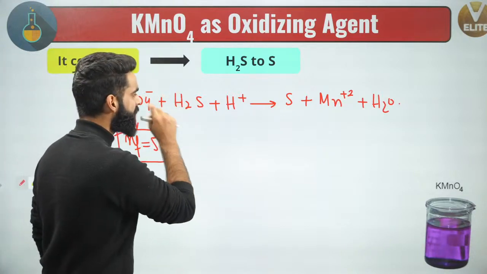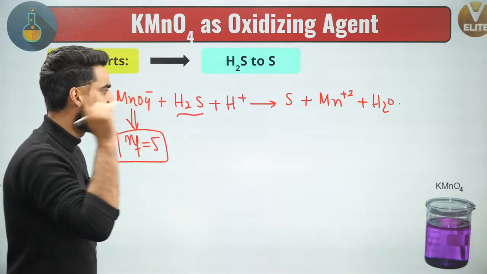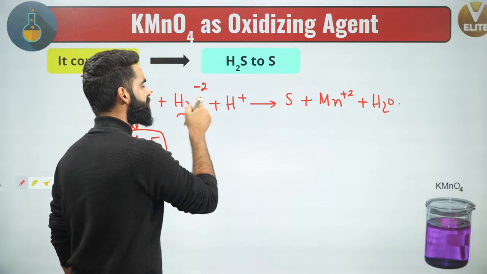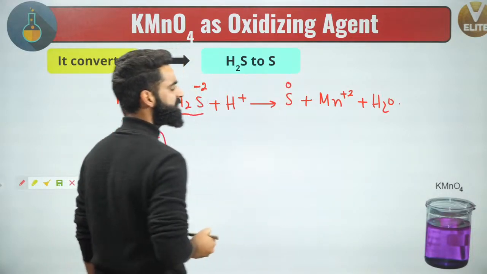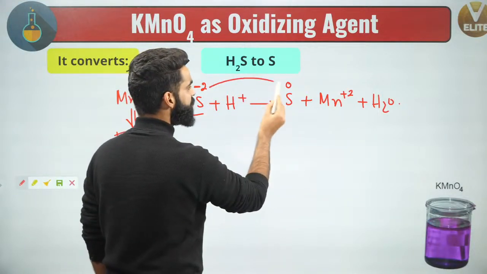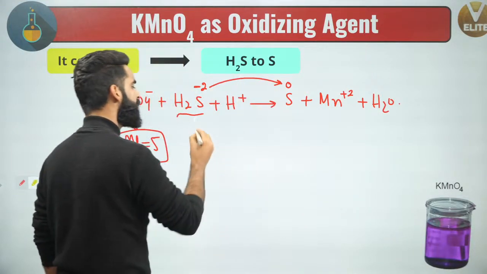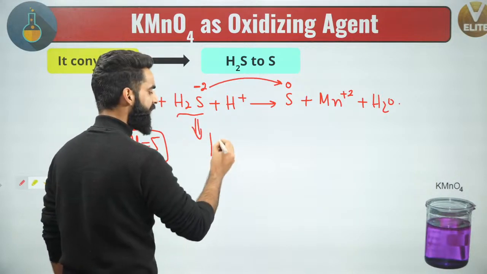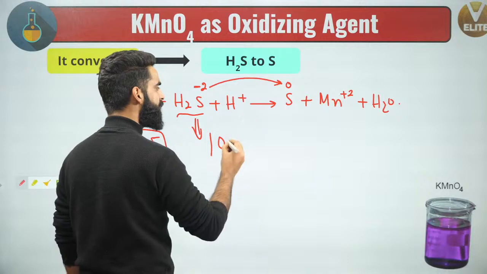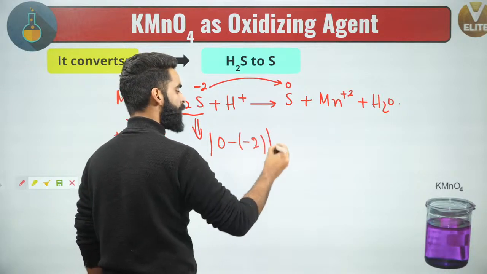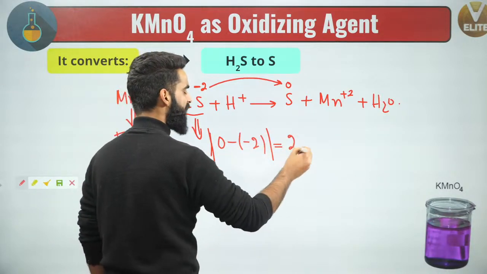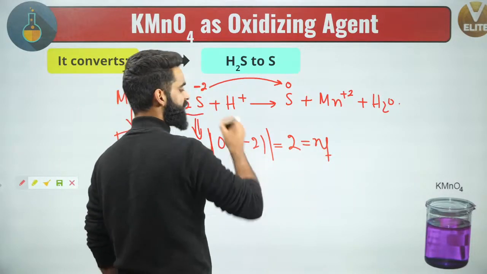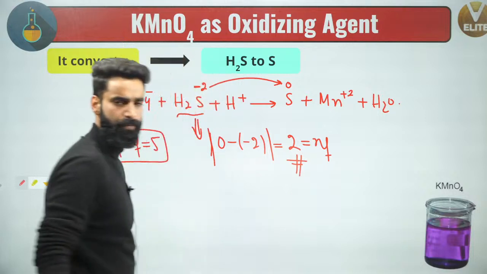If I want you guys to calculate the n factor of this substance right here, people understand. See, first of all, what is the oxidation state of this sulfur right here? It is -2. What about the oxidation state of this sulfur right here? It is 0. So the oxidation state of sulfur is changing from -2 to 0. If I want you guys to calculate the change in the oxidation state of sulfur, isn't it going to be final oxidation state of sulfur minus initial oxidation state of sulfur? Just take mod of it. You'll get the value as 2. And I have only one sulfur atom right here, so 2 is the n factor of this H2S right here in this reaction. Very simple.